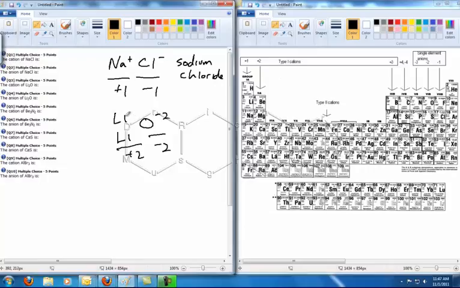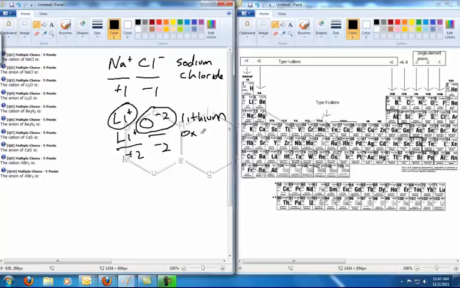So then the question becomes, what value does each of these lithiums have to have in order to get to plus 2? And that would have to be plus 1 and plus 1. So the actual ions you would put down as the answers here would be Li plus and O negative 2. So you just want one of each of these. And the name then becomes lithium, that's for the Li plus ion,